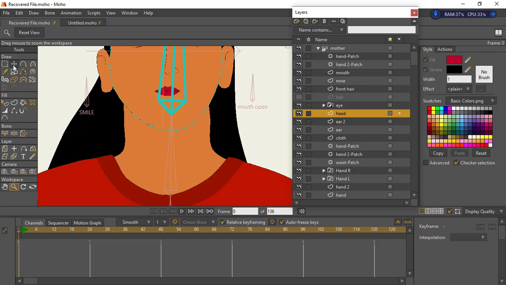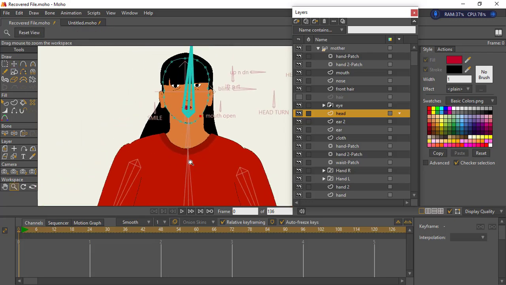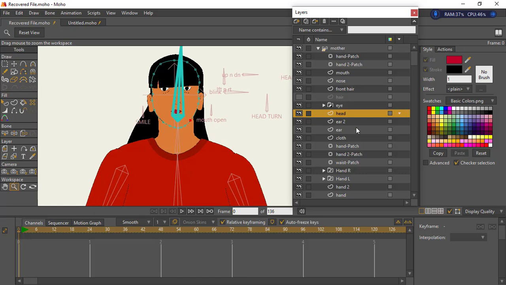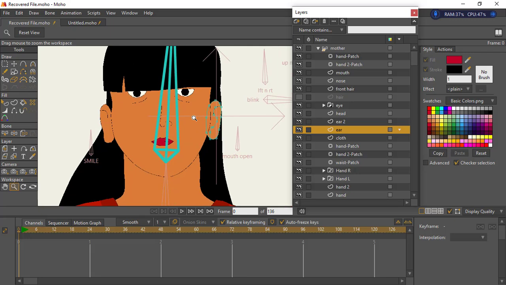Maybe we could adjust the head a bit. I don't have much time on this video to do all this, but I hope you are getting the idea. If you are getting the idea at this moment, please drop a comment below and tell me I get the idea. Okay, then for the ears, we can go to the ears now